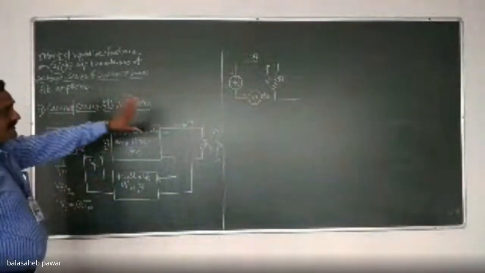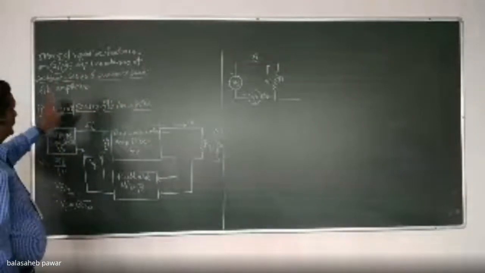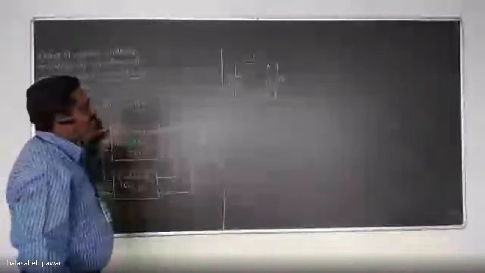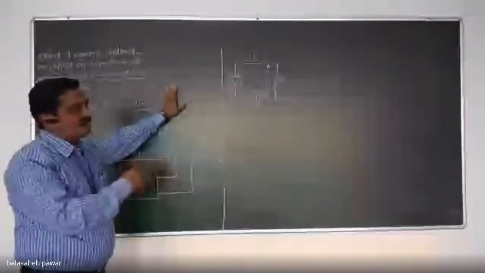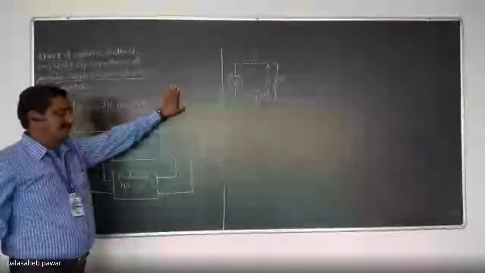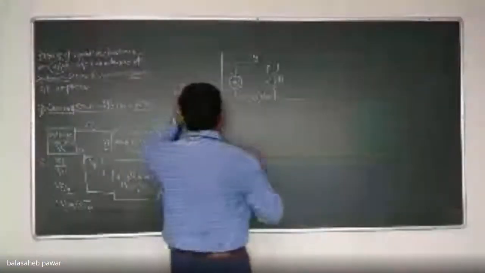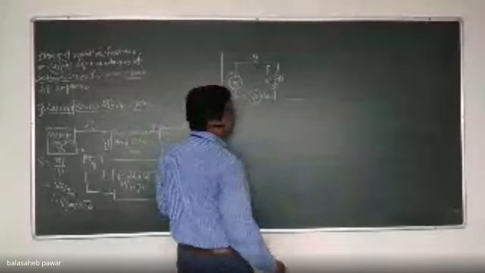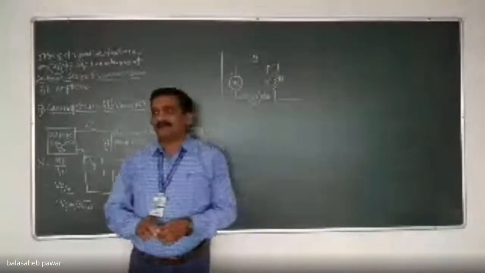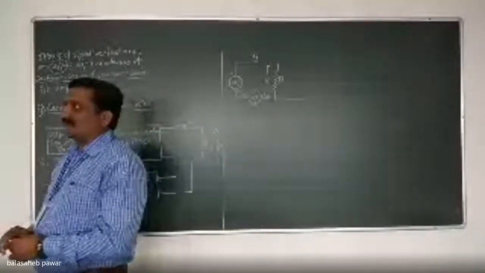It will be same as the previous case, because in the previous case also there was series mixing, and hence the input network of this topology is also same as the previous one, that is voltage series, right? Now about the output. Output is in terms of what? Output of the amplifier, it is in terms of what? Either voltage or current.